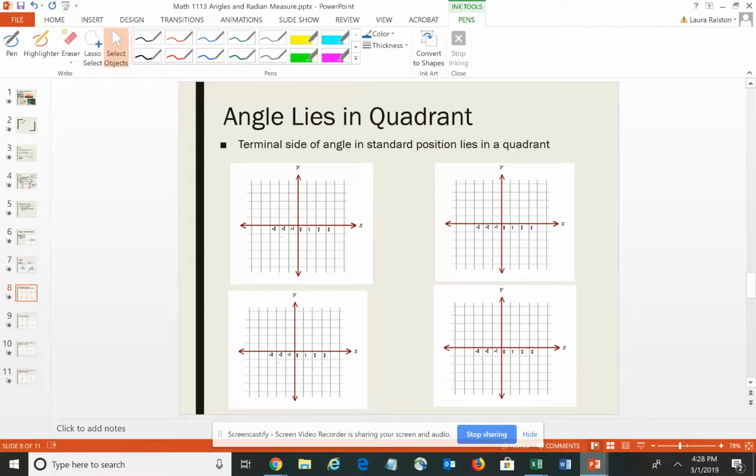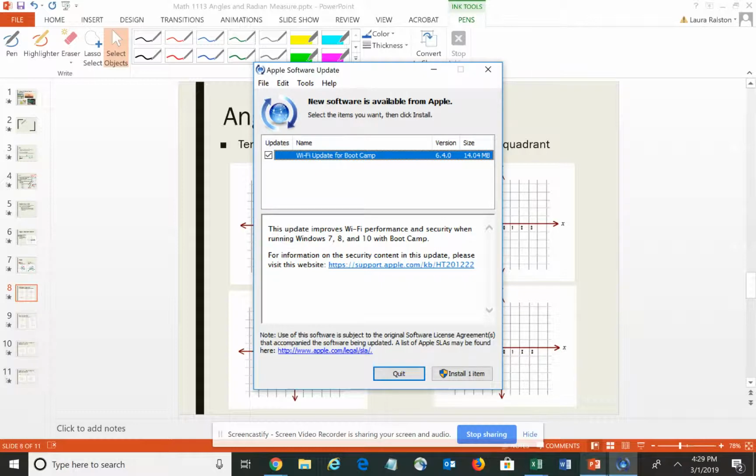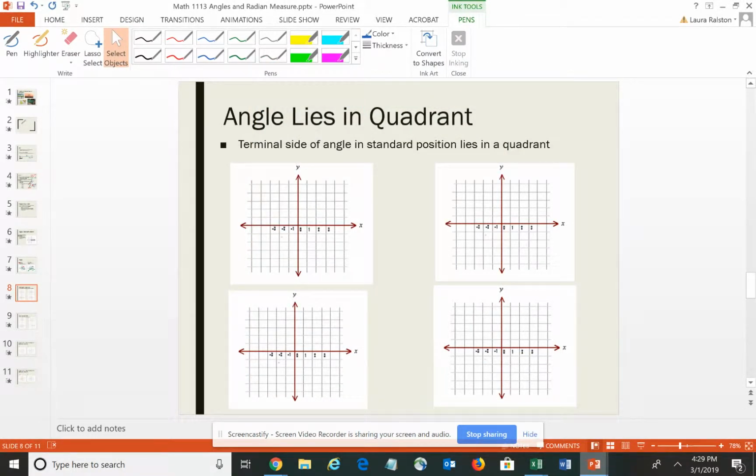We also talk about the angles and where that terminal side lies. We classify the angles based upon the position of the terminal side. If the terminal side lies within one of the four regions within our coordinate plane, then we say that the angle lies in that quadrant. And I'm going to give you an example of the four types that you could possibly encounter. So, for example, if you had this angle, and I'm just making them up as I go,